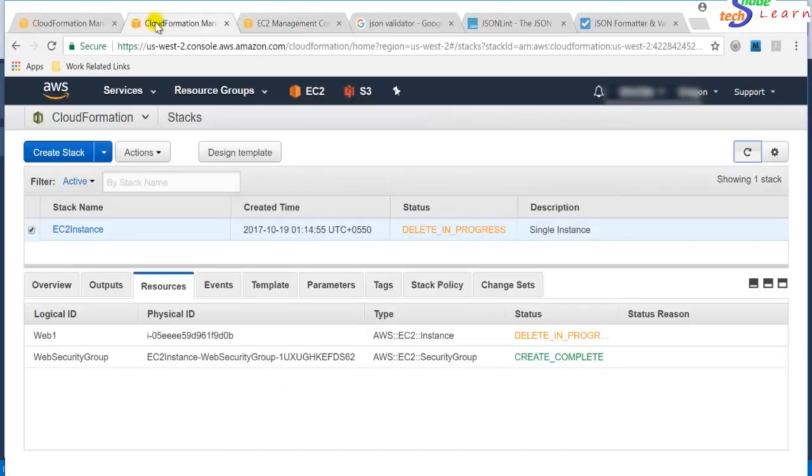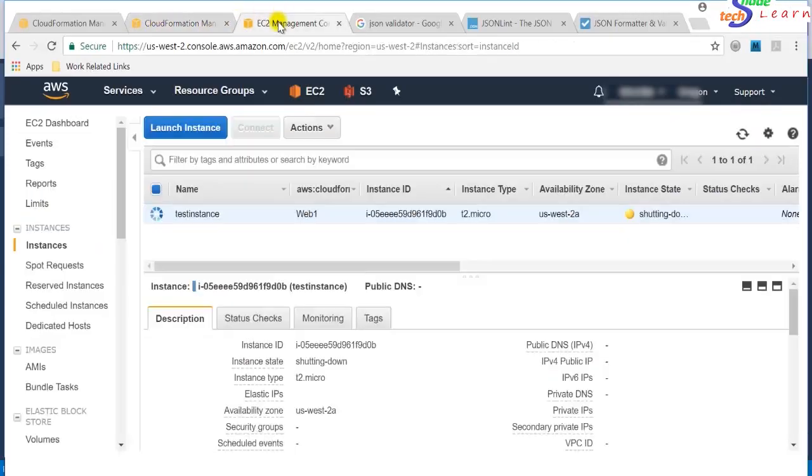So this is really pretty good stuff. You can just replicate a whole environment by using a stack. You can create a template defining what are the resources which will be required in an environment. You can deploy the whole environment in a single stack, and you can delete all the resources in an environment by deleting that single stack. So this is really pretty good stuff,